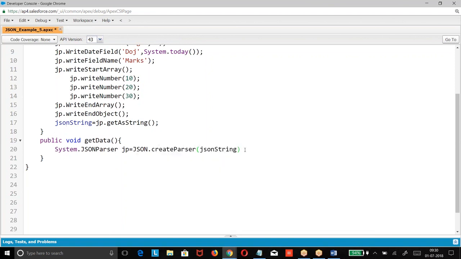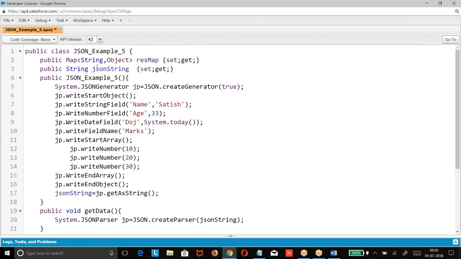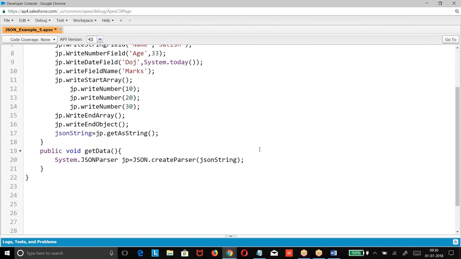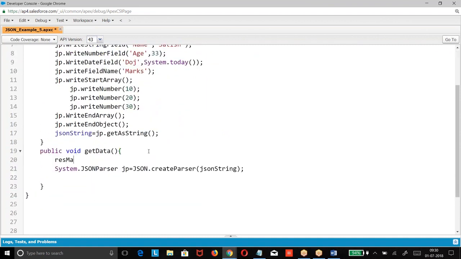What is the string you want to deserialize? Whatever JSON string we got, that we want to deserialize. Then we are taking a while loop. What is the map we got? Map equal to